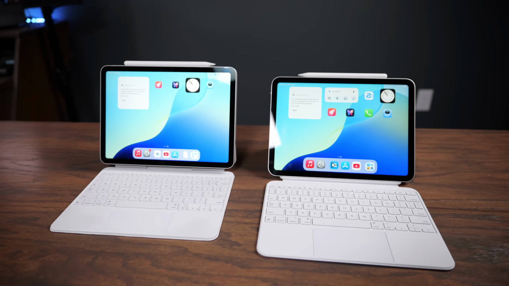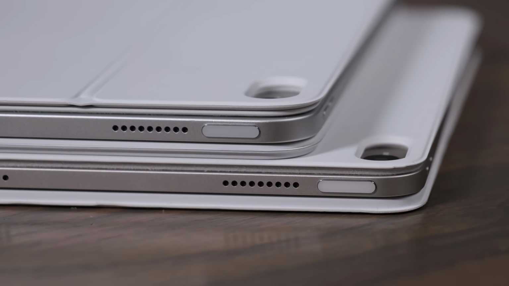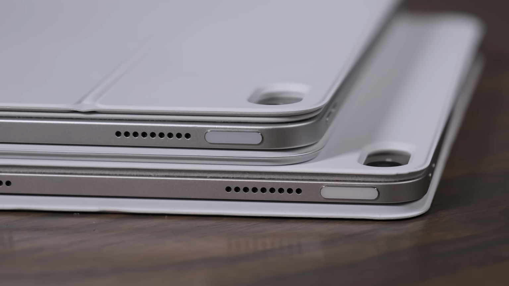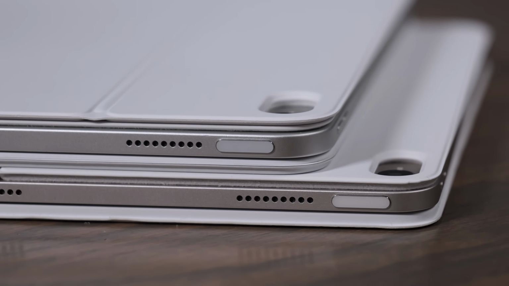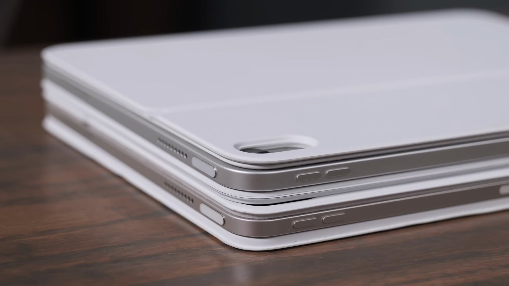You can also always use any Bluetooth keyboard or mouse with either of these iPads. Let's talk some ports and other hardware. These look pretty much the same. They both have a Touch ID button on the side of them for unlocking, volume up and down buttons, and